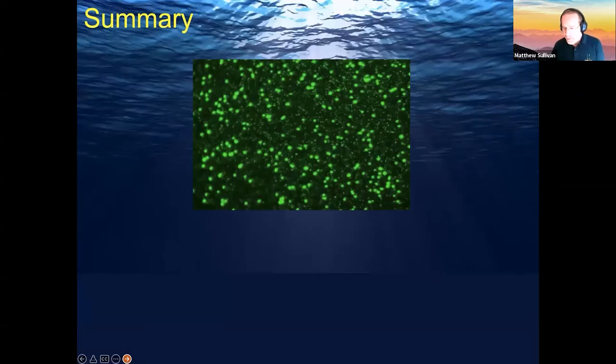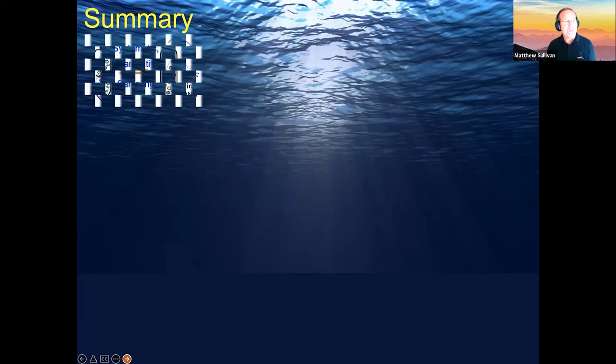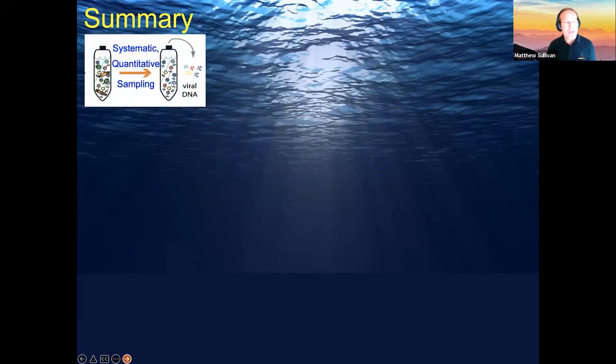So just to wrap up what I've told you today, when I started, we knew that viruses were abundant, about 1 million to 100 million per mL of seawater, and we counted them as dots, which is the way I'll describe the SYBR Green stained dots in the microscope. And we now have an approach that is quantitative and systematic to look at their genomes.